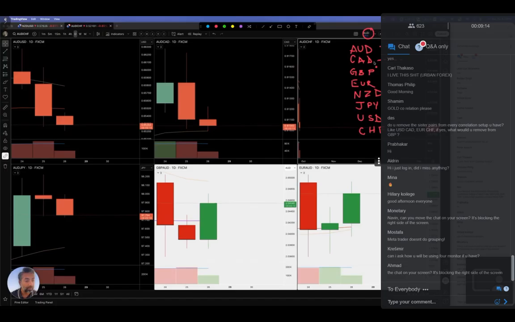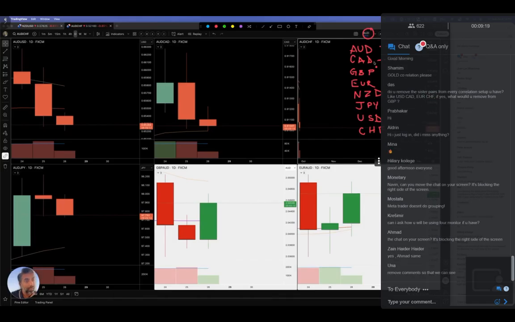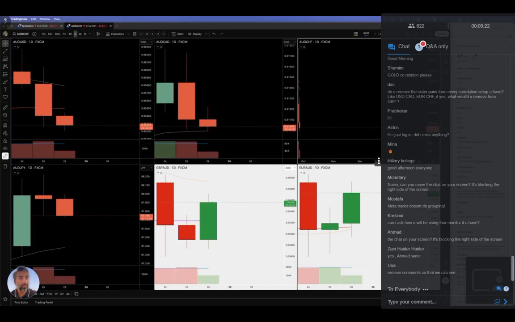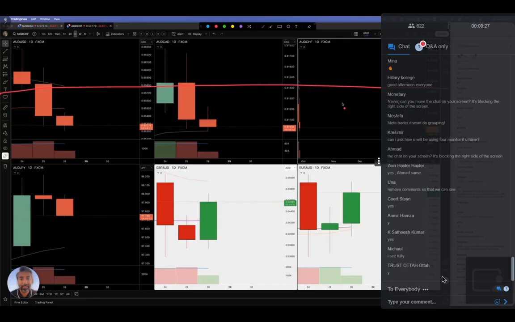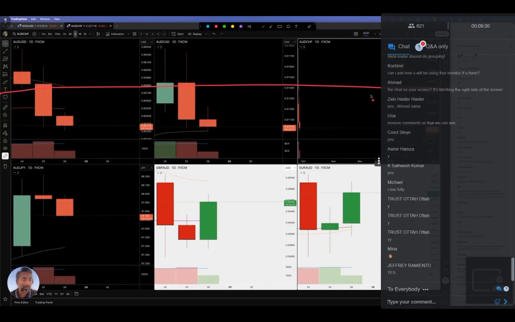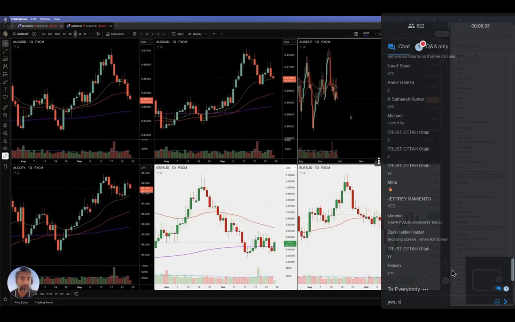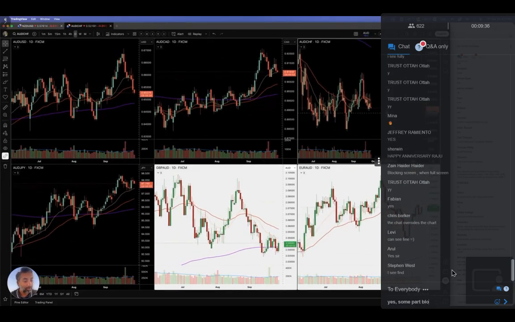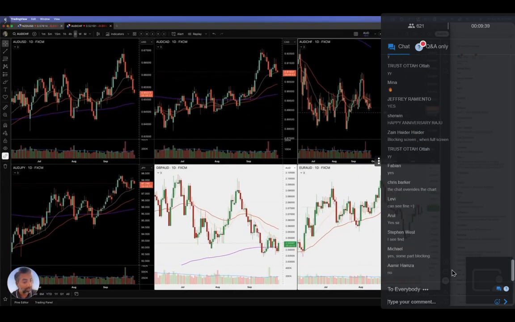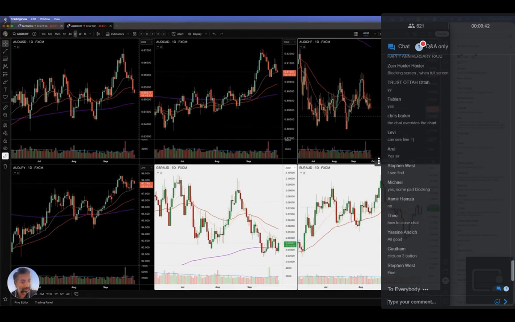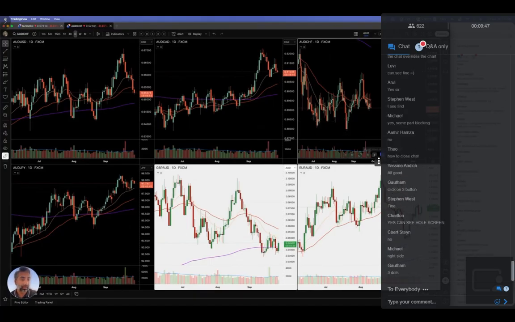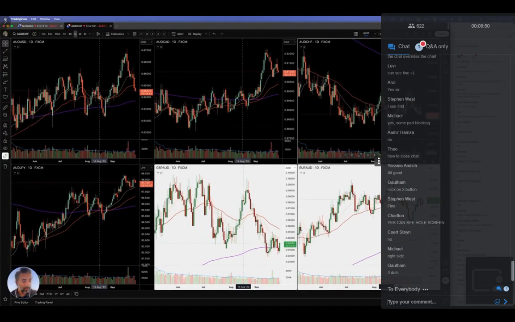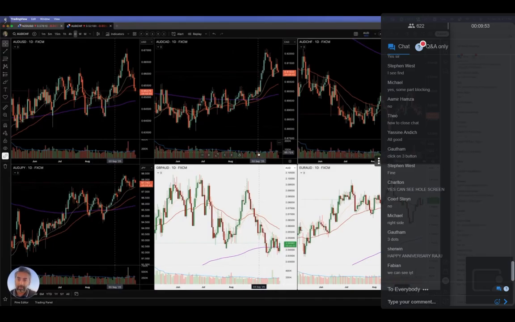Some of you guys are saying the chat on your right screen is blocking the right side of the screen. Are you guys able to see my screen? The chat is for me to see, so I know what you guys are typing. I hope it's not interrupting what I'm trying to show you guys here. You're saying remove the comments so that we can see. Is it on top of my charts? Okay, so you guys are saying you can see it fully. The chat overrides the chart. Oh, okay. Anyways,